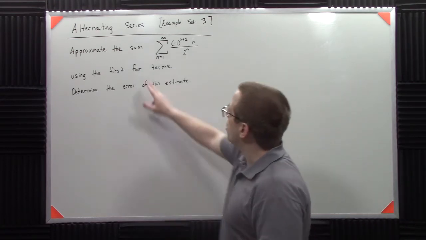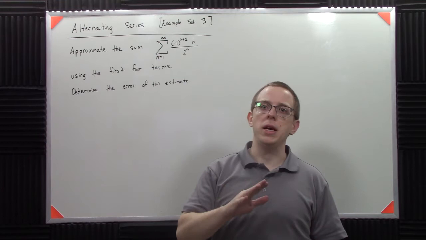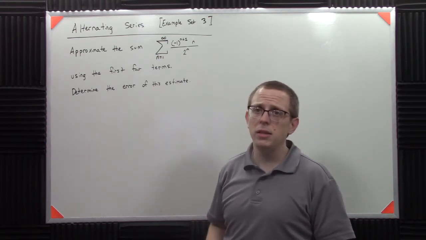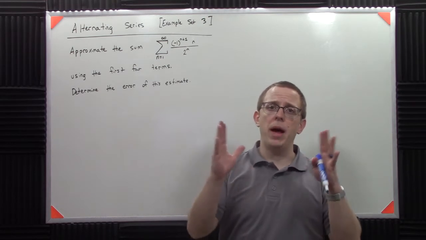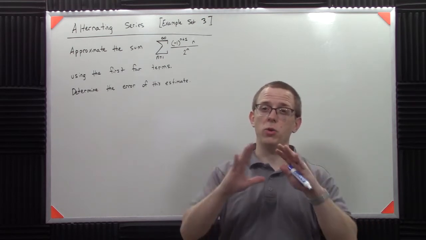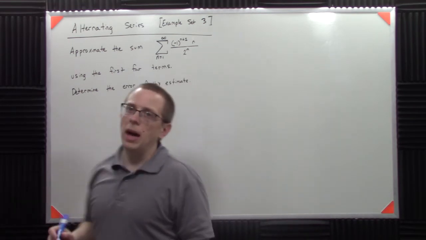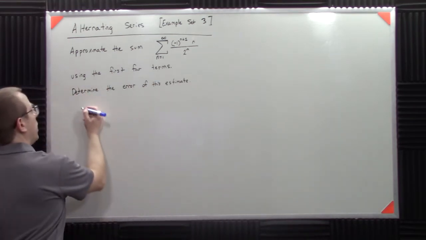We're going to use the first 4 terms to approximate the sum of the series. And then we're going to determine the error on that approximation to get a bound for what the true value has to be within. So by looking at this, I need to get the first 4 terms. So I need to get a1,